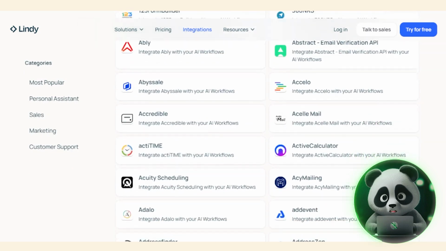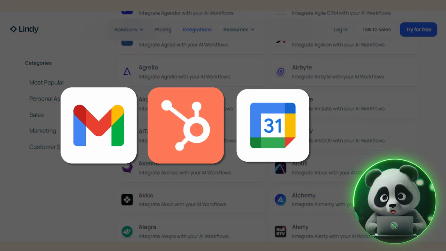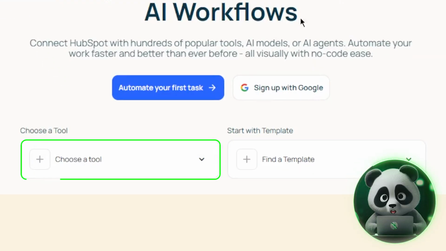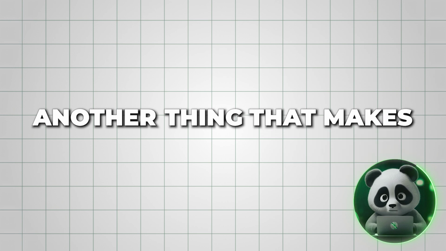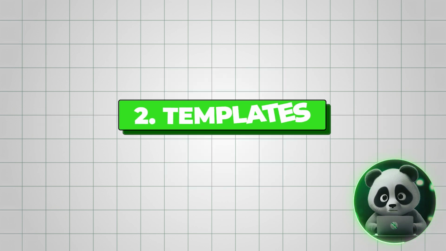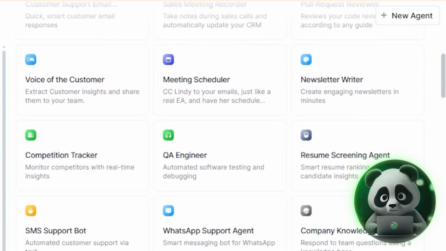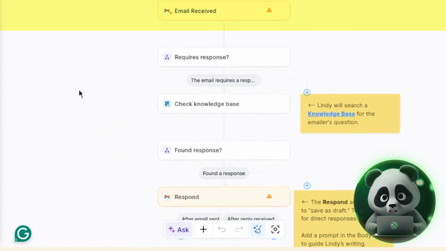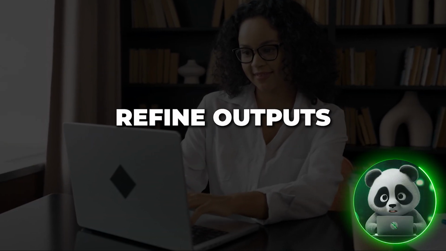It connects with over 200 apps, including Gmail, HubSpot, Google Calendar, and Notion, so you can plug it into your existing workflows instead of building new ones from scratch. Another thing that makes Lindy approachable is its library of templates. These are ready-made agents you can launch in just a couple of clicks. Each template comes preloaded with triggers and actions, but you can customize prompts, swap integrations, and refine outputs until it